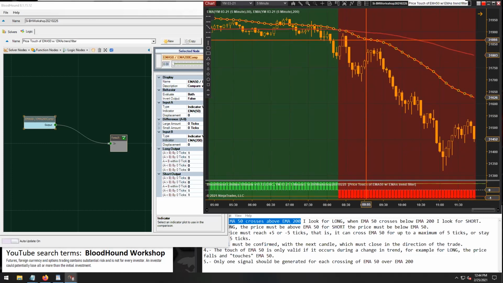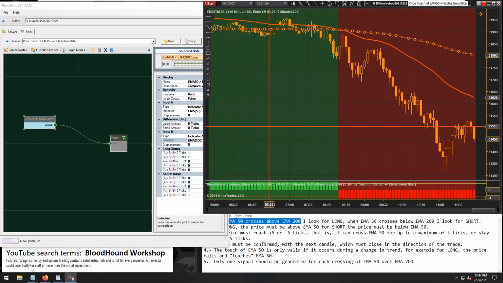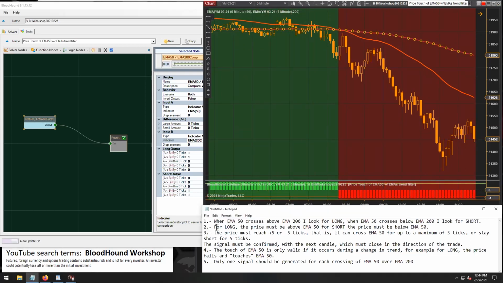The brighter red is the 50, darker red's the 200. So there we go. We can see when they cross each other, right? Our trend direction switches from long to short. Okay, next thing is we need price to be above the EMA. Again, price is very generic, which price. Every bar has 4 prices. So